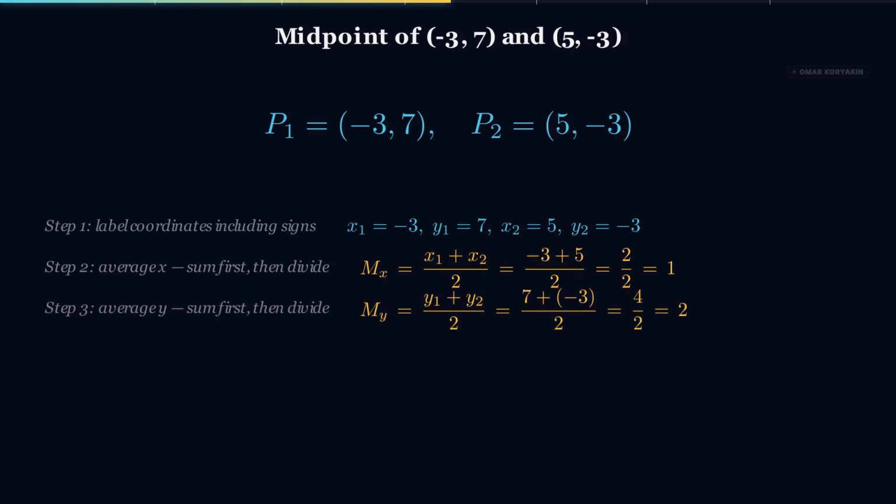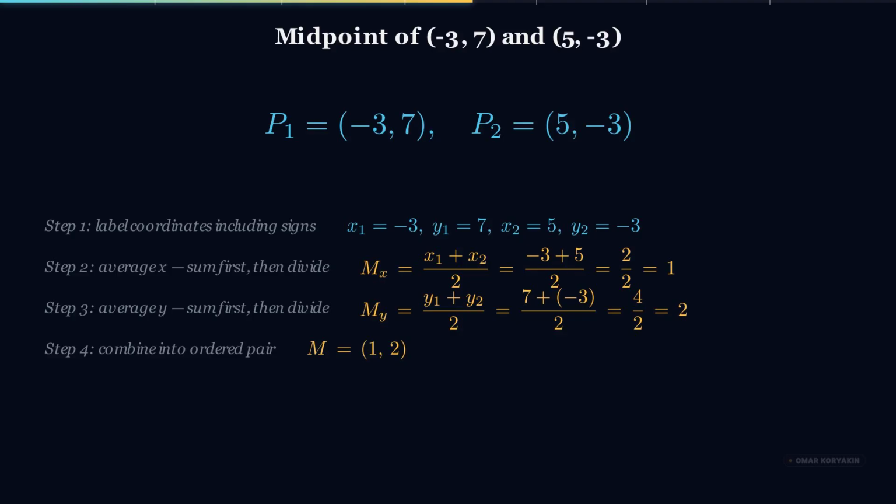Step 3. Compute the midpoint y-coordinate. Average the two y-coordinates: y1 plus y2 over 2 equals 7 plus -3 over 2 equals 4 over 2 equals 2. The midpoint y-coordinate is 2. Step 4. Combine into the midpoint ordered pair. The midpoint is the point (1, 2), exactly halfway between the two endpoints in both the horizontal and the vertical